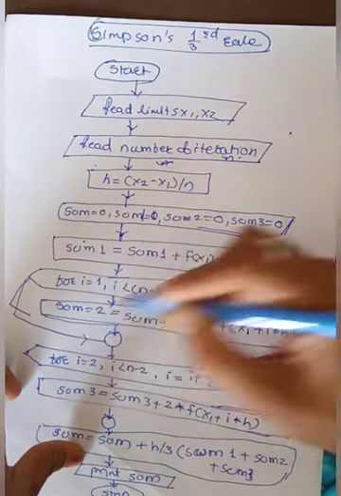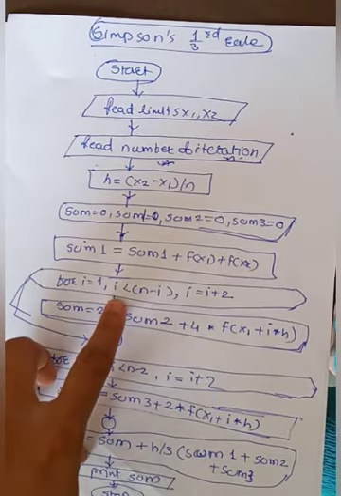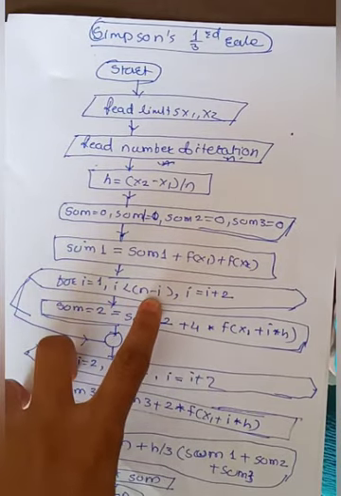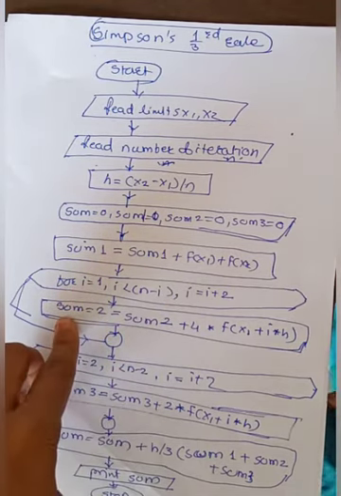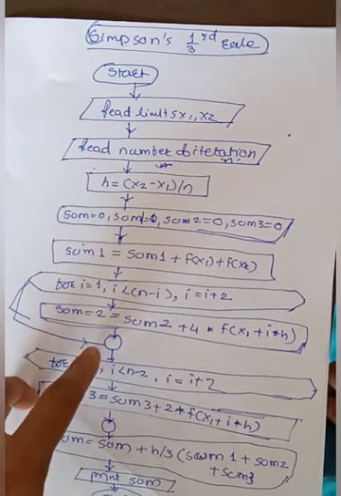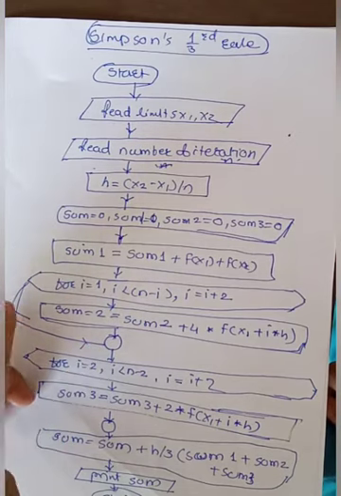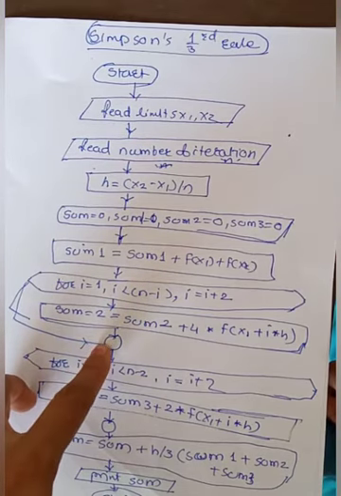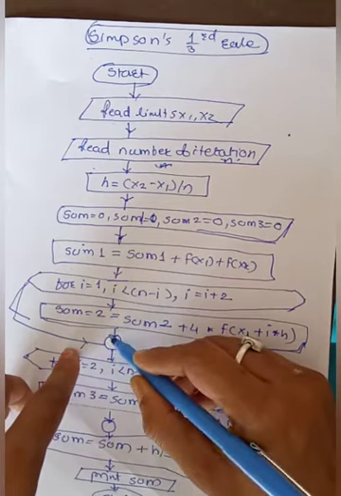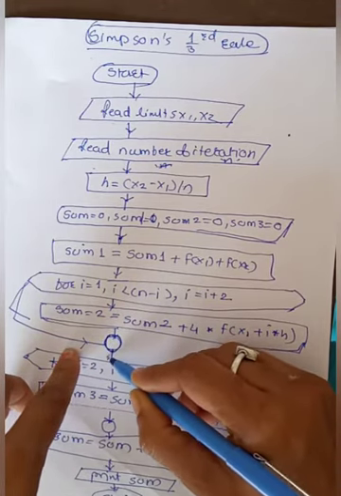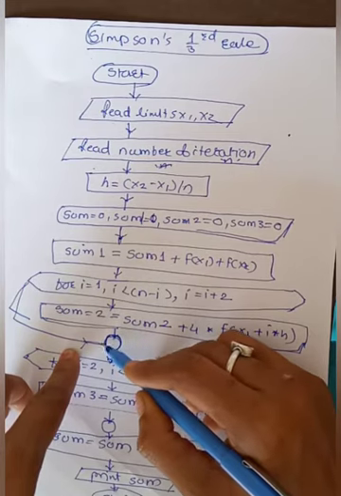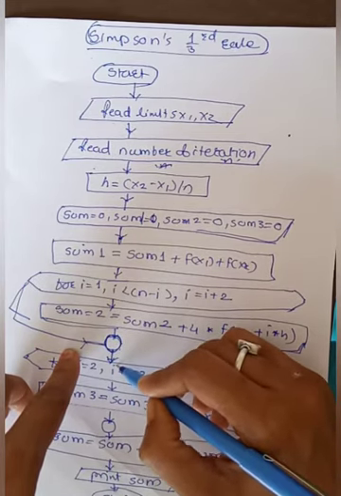Okay, now see, what you have to check is the condition: is I less than n minus I or not? Otherwise, I is equal to I plus 2, and you have to move here. If it is so, you have to move to this step. This is a connector. By checking this value, the flow will go here.